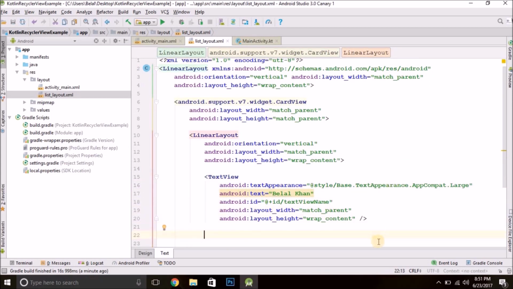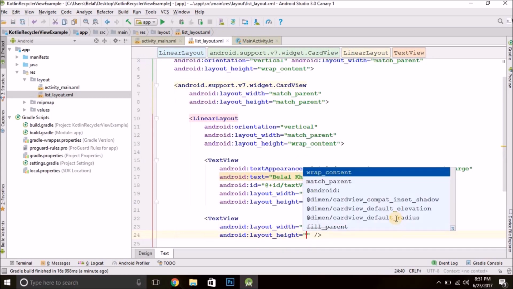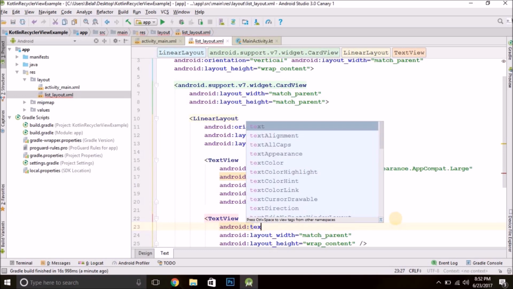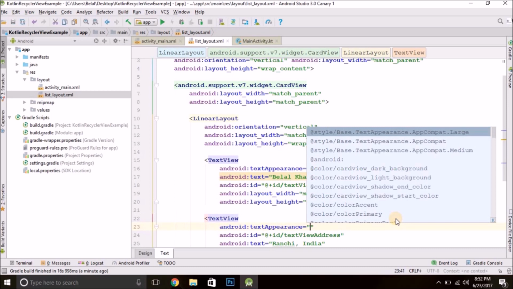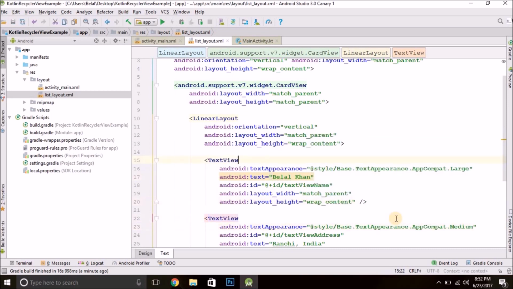Same way, create one more text view, match parent, wrap content, and this is for address. So let's put an address, let's say Ranchi, India, and ID would be text view address and appearance would be medium. That's it.